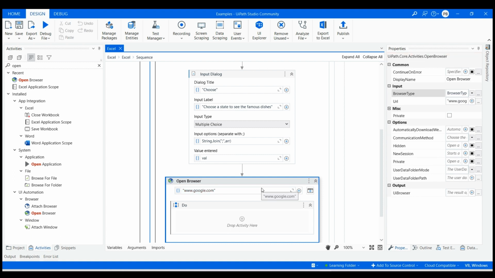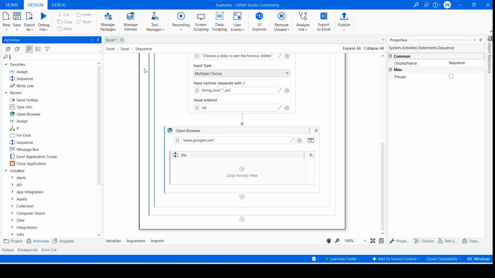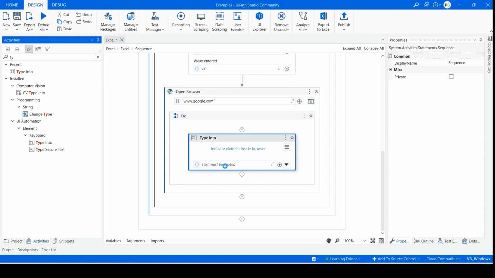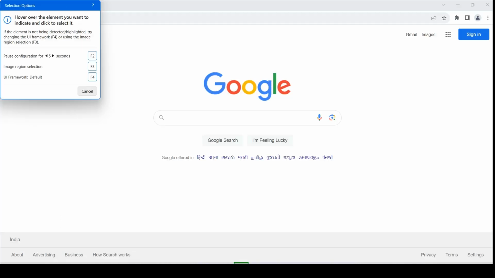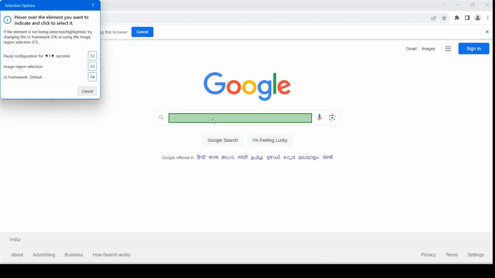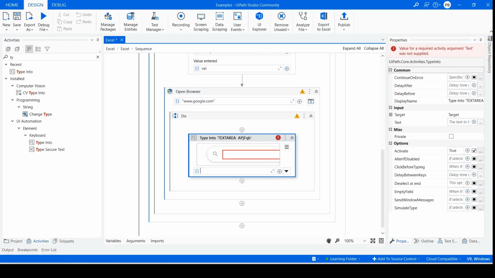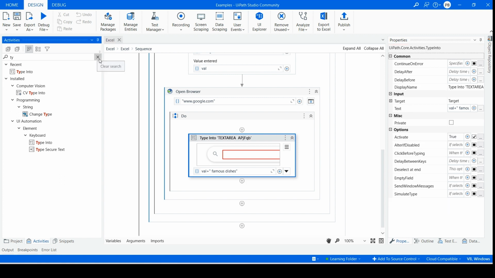Provide the URL as www.google.com and keep a Google window opened. Drag and drop the type into activity and click on Indicate element inside browser. Select the search box area of Chrome. Type the text as the variable name, which is val, plus in double quotes a space, then famous dishes. Next, to press enter to